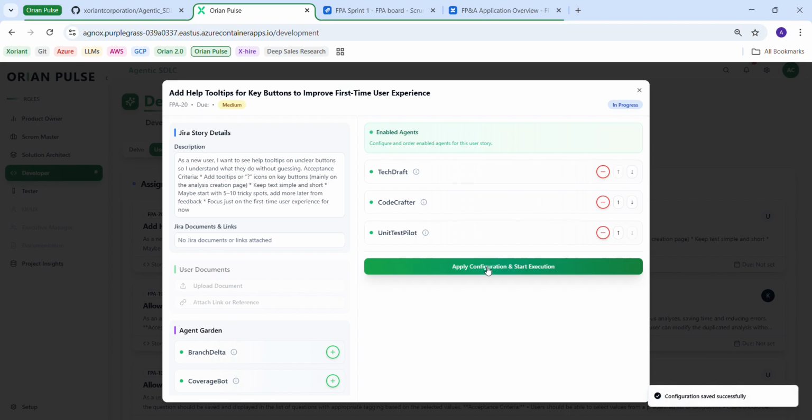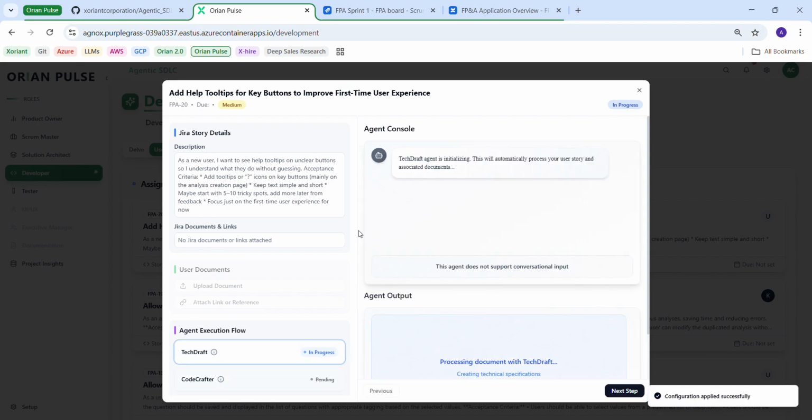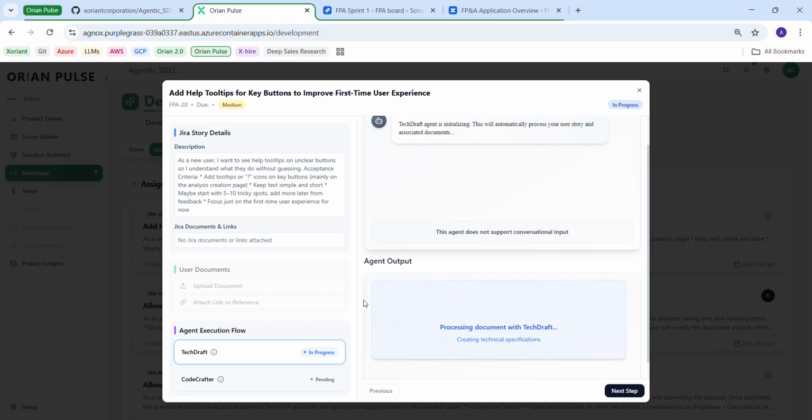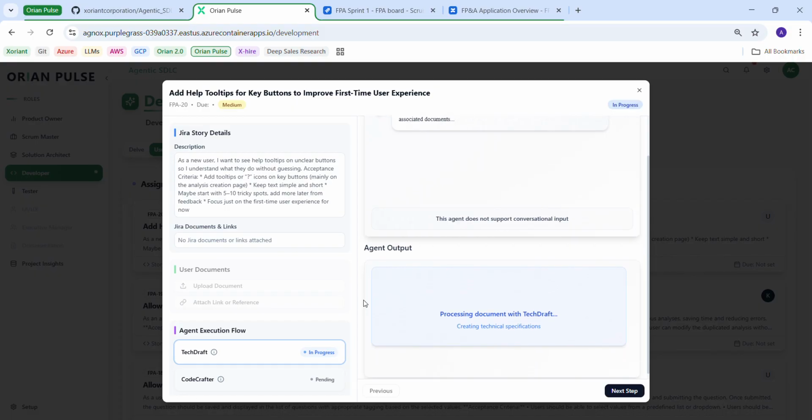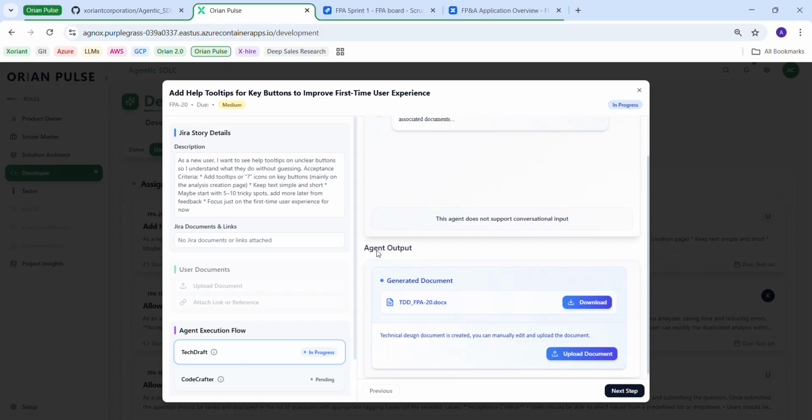so the first is a Tech Draft agent. This agent considers the entire Jira information, any uploaded documents, and the GitHub codebase that we pulled, and gives you a technical design document. Now that document talks in detail about the implementation approach that will be taken by the Code Crafter agent to fulfill the Jira story. The user can go through the entire document and edit it if they need to change the implementation